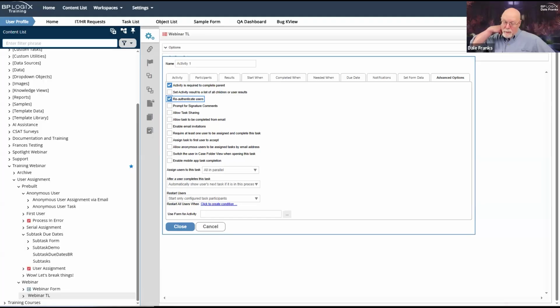Normally, if somebody's already logged into Process Director, we are not going to take the trouble to make them log in again. However, there are some scenarios where, for security reasons, you want to ensure that the user authenticates before completing their task, indeed, before even opening up the form to complete their task. So you can check this.